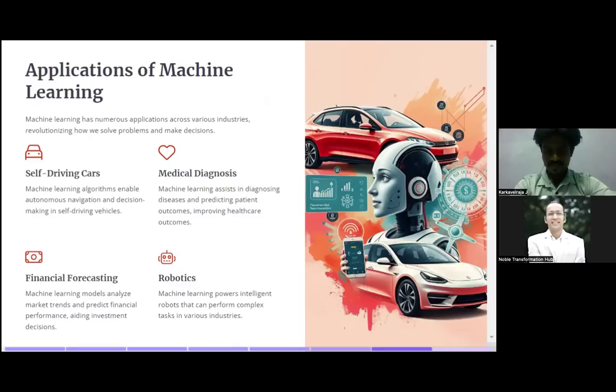That's why we are learning it. Robotics: machine learning can power intelligent robots that perform complex tasks in various industries. It can be defense, labor, any tough blue-collar jobs, like cleaning. A lot of stuff we can use it for.